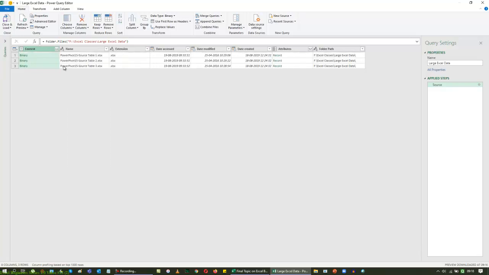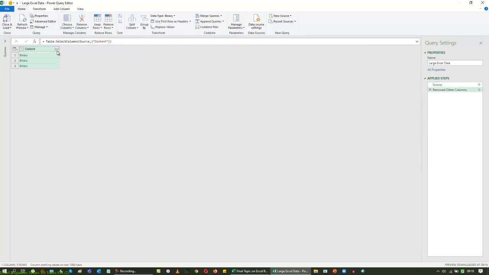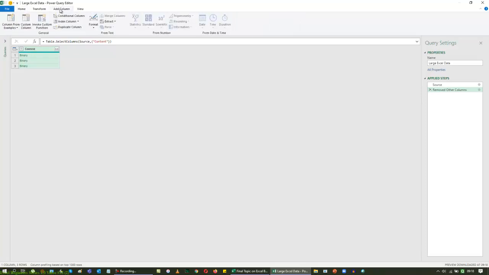So I'm going to just say remove column. But I may not be able to combine this file as I did for the text and CSV file that I did earlier in our video. Here I need to add a new column so that it allows us to extract the data better. So to do that, I'm going to go to the Add Column menu in Power Query Editor, and I'm going to get the custom column.